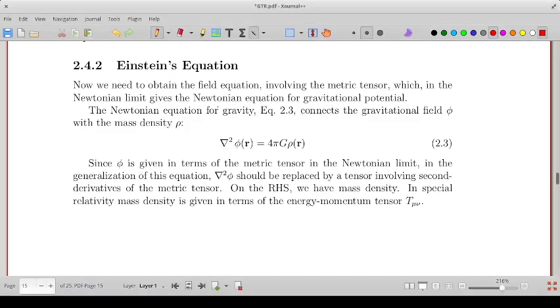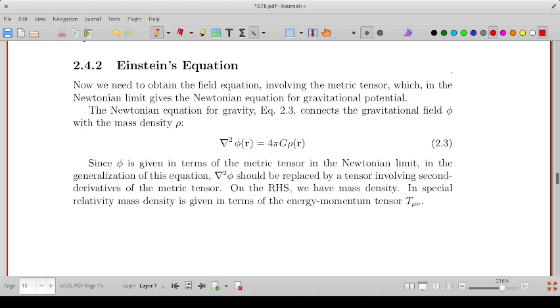We now consider the generalization of the Newtonian law of gravity to the curved spacetime, and we will end up with Einstein's equation. We need to obtain a field equation involving the metric tensor, which in the Newtonian limit gives the Newtonian equation